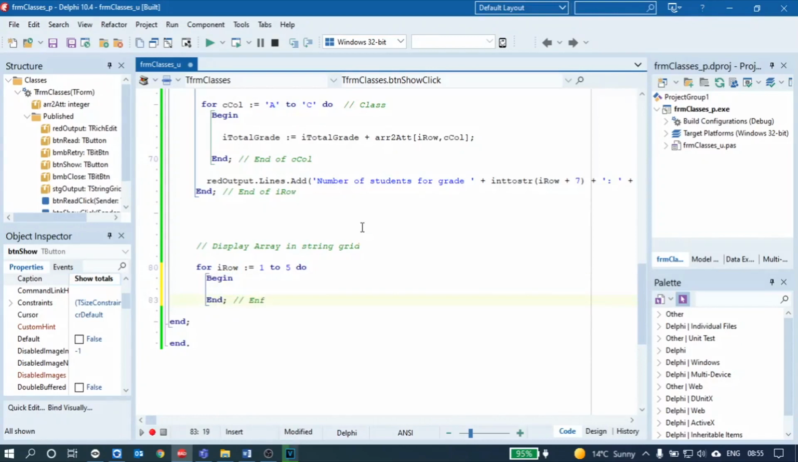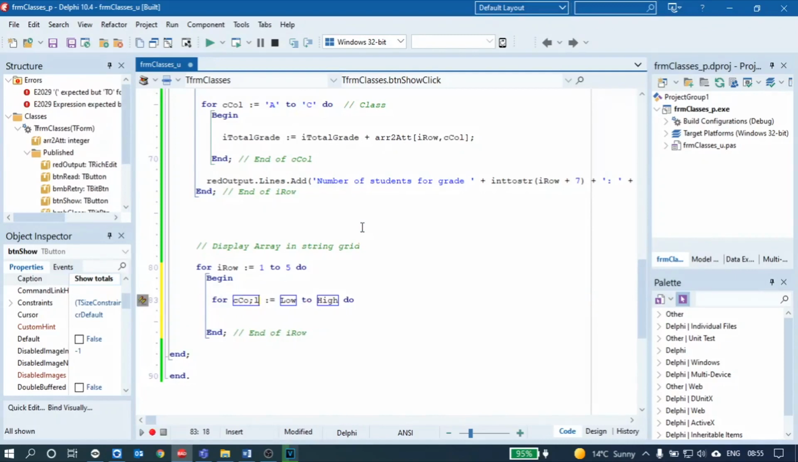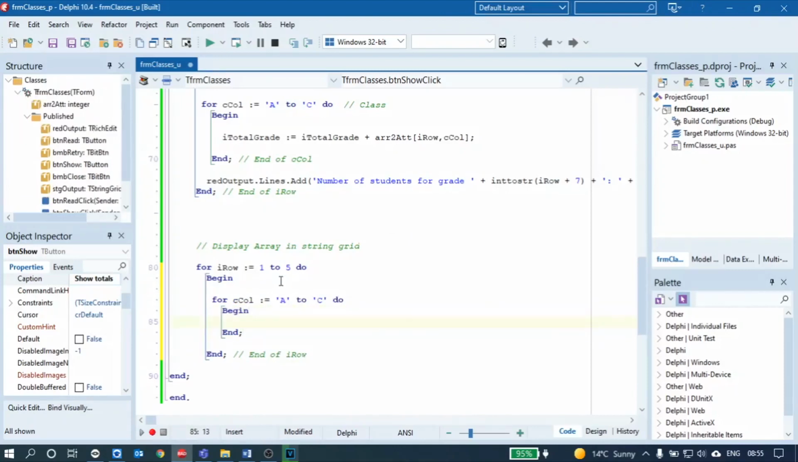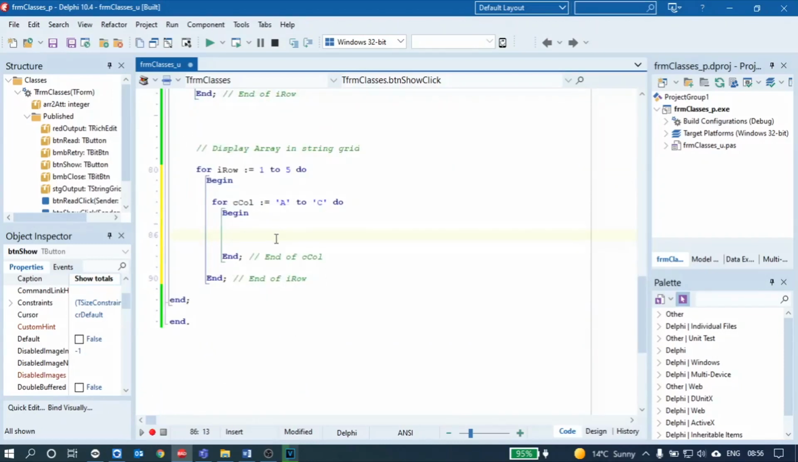So I'm still going to keep track of my begins and my ends. And I'm going to make sure to indent my code properly so that it is easy to read. For C col, A to C do. Perfect. Good. So our nested for loop is set up, and we can now go ahead and display in our